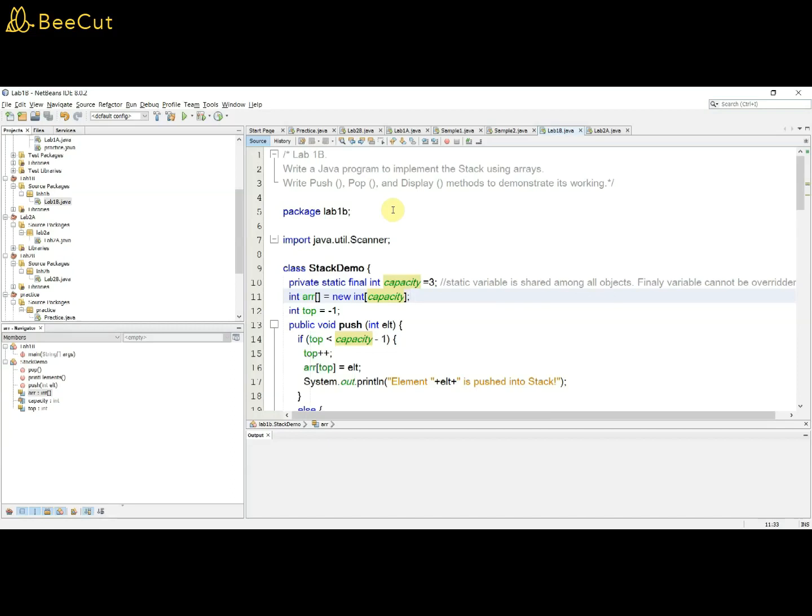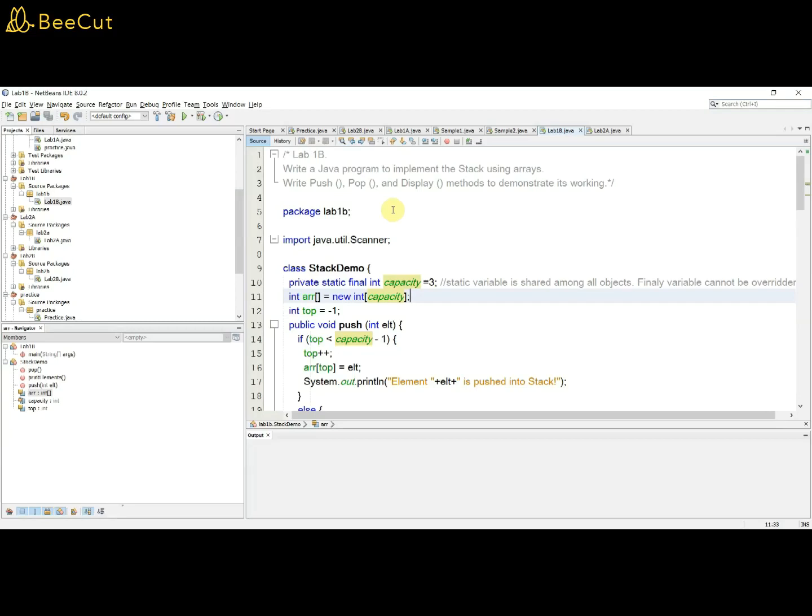As usual, we can have one class that is used for all the operations of this stack, and we can have another class that is used to define the main. So we can have two classes.